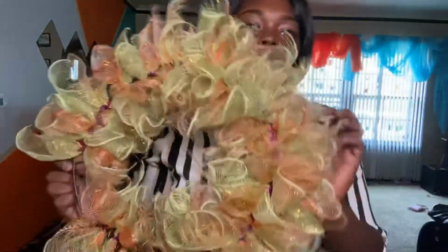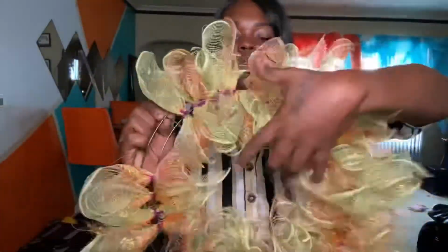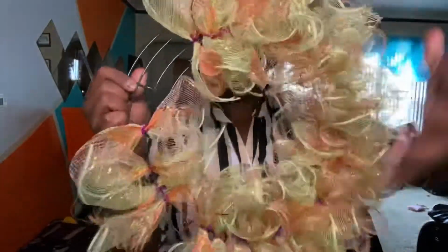This is currently how it's going. I haven't fluffed it out. I haven't fixed anything yet. I'm actually just tying it on there, and then I'll go back through and fluff all the pieces out. I only have a couple more pieces left, maybe about